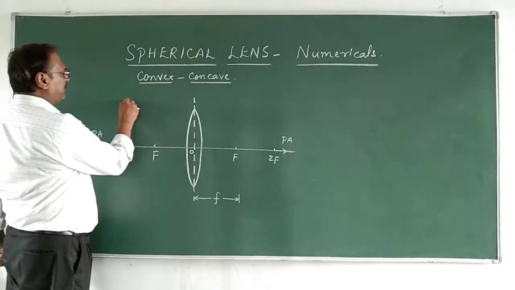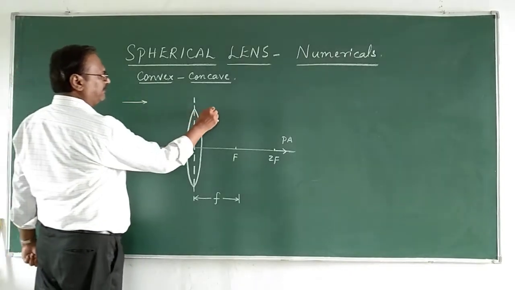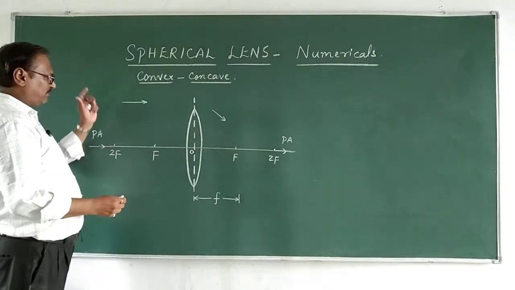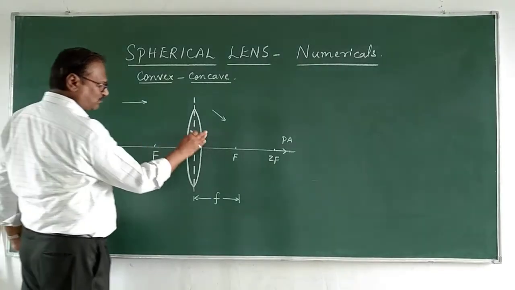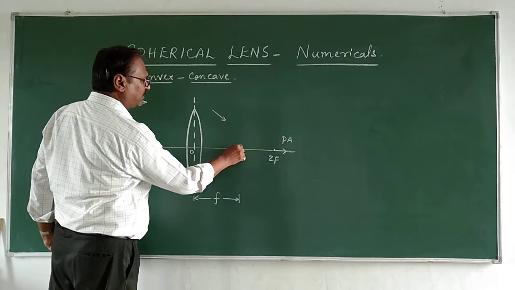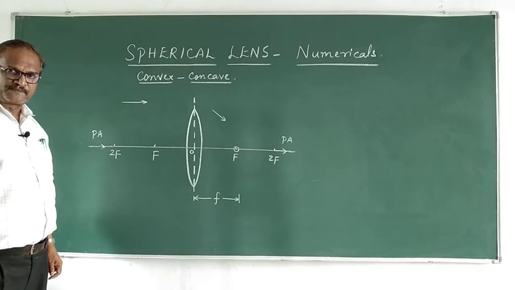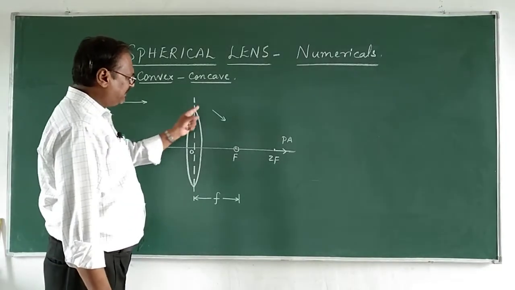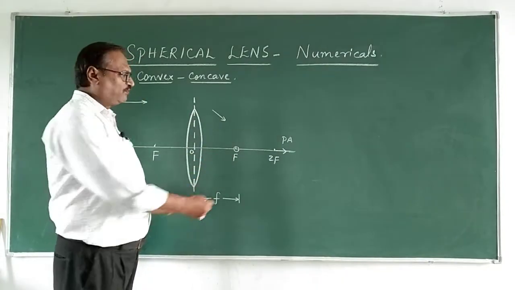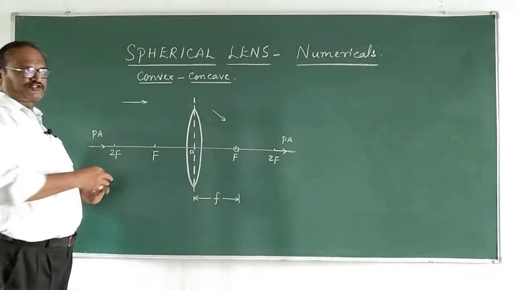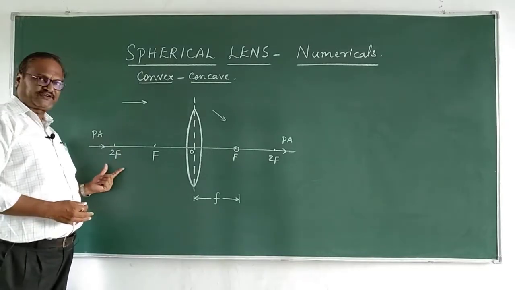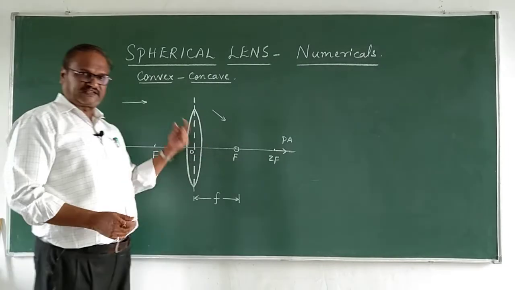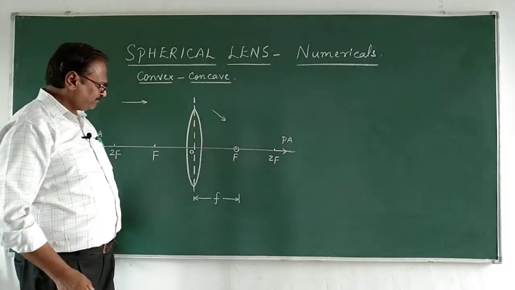So the light is coming in this direction and focusing here. So our focus, if light comes from left to right and passes through, this is going to be our principal focus. This is only a reference point, okay? Because light is coming here and it is passing. Suppose somebody wants to do it in the reverse direction, that's different. This is only for our reference and this is the real focus, if I take it from left to right.